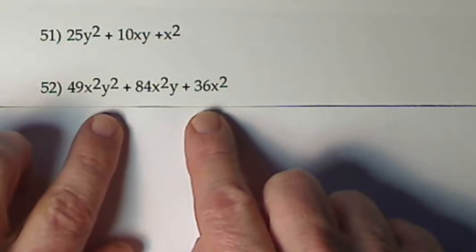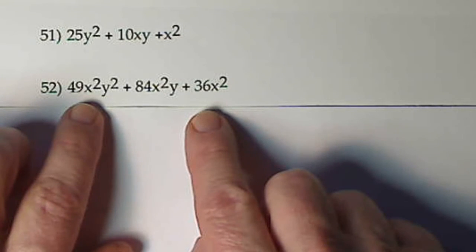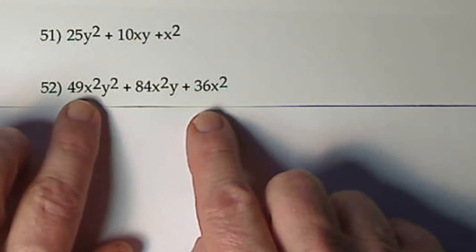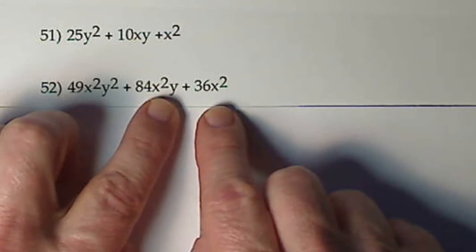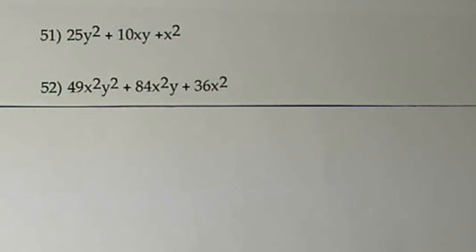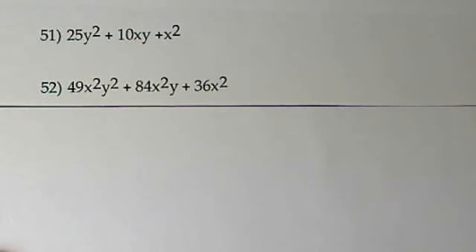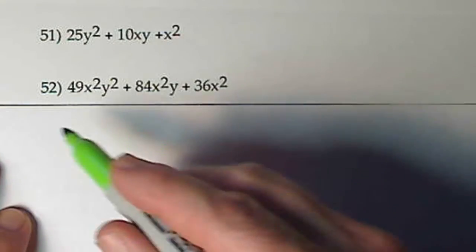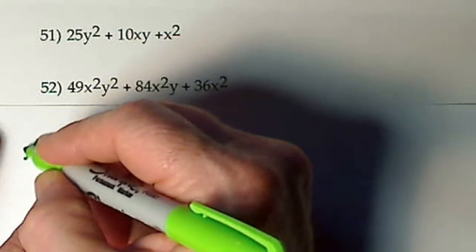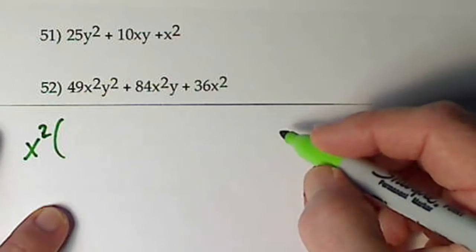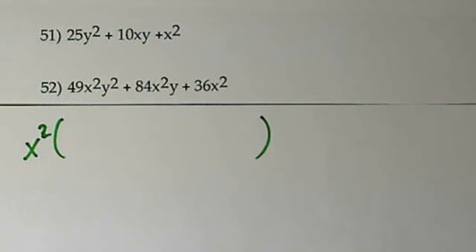But notice number 1 on the list is GCF, and you can get an x squared out of there. So that would actually be the first step. I don't always speak my way through my list of concerns here, but if you're having a tough time factoring, you want to refer to that list for every single problem. So there is a GCF of x squared. You factor that out of each term, and that leaves you with